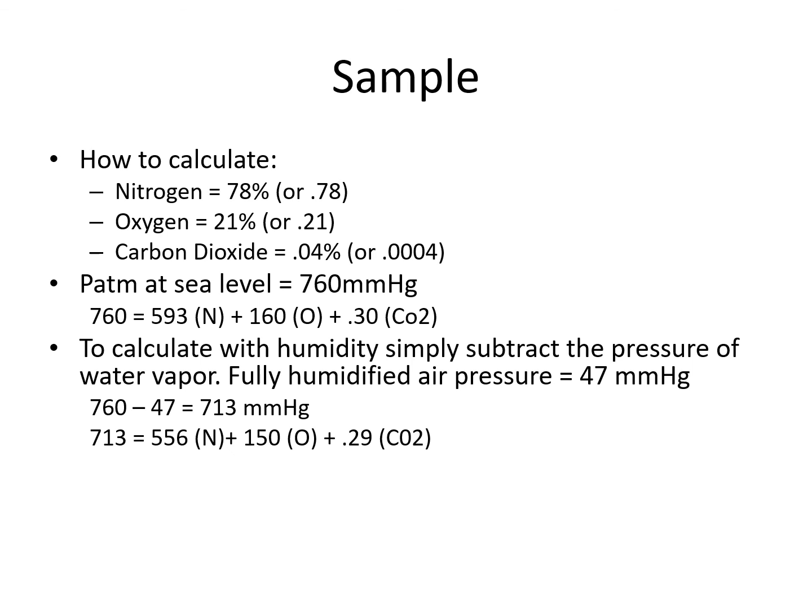Now remember what I said before, the pressure of the atmosphere at sea level is 760 millimeters of mercury. This means that when we take 78% of 760, we get 593 millimeters of mercury. And then same thing for oxygen and CO2. Oxygen is 160 millimeters of mercury, and CO2 is about 0.30. Now these numbers have been rounded a little bit, but we're going to use them for the sake of this example. So the sum of all three of these is going to equal the pressure of the atmosphere at sea